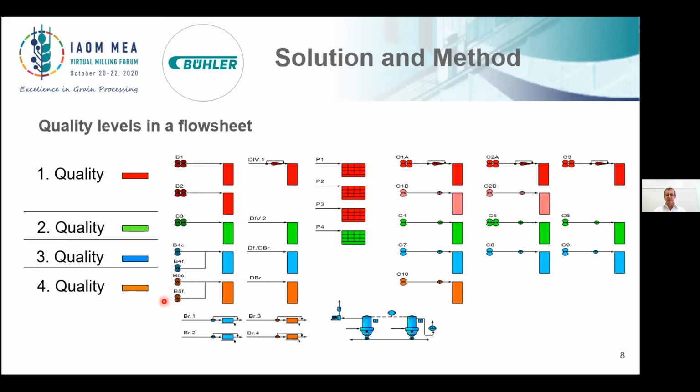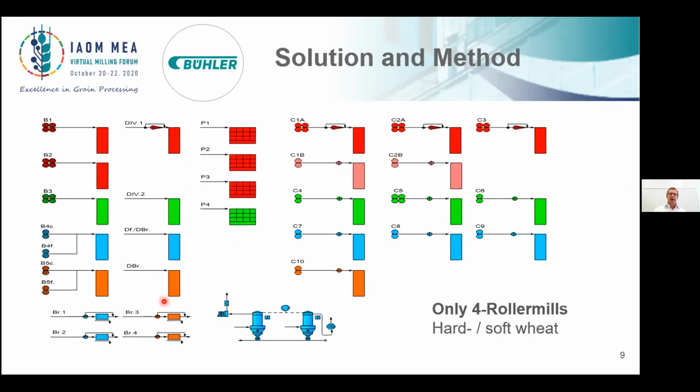So understanding this, we can design a flow sheet. That would look like this, very straightforward, a 4-roller mill flow sheet. We have first break, second break, third break. We can divide fourth break, coarse and fine, fifth break, coarse and fine. We have the dividers, the divisors or the graders, we have the purifiers and the reduction rolls. This is the classic, but nowadays in almost all cases we have a hybrid solution. Means